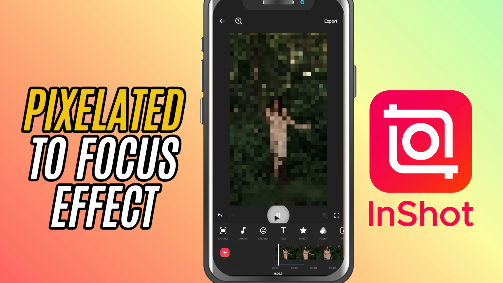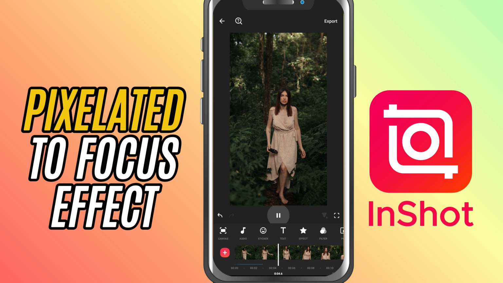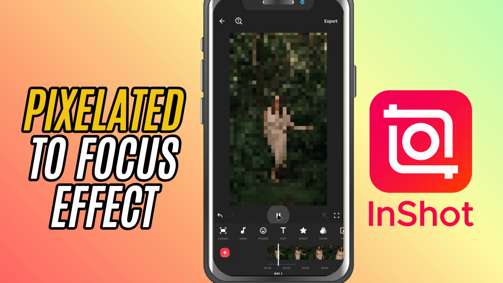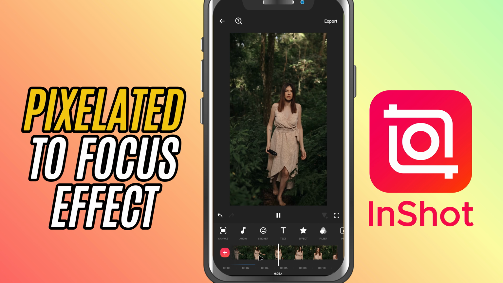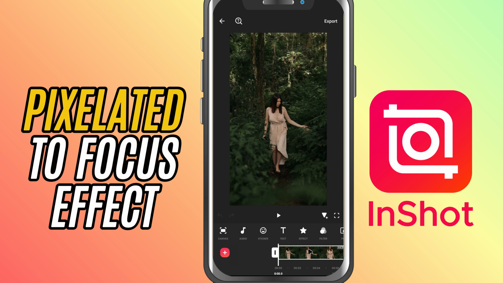Today, I'm going to show you how to create a pixelated to focus effect where your video starts pixelated and then gradually clears up into full focus. It's a cool transition for intros or to reveal a scene with some suspense. Let's get started. First, open your project in InShot and tap on the clip where you want to add this